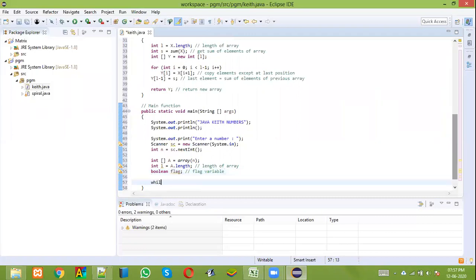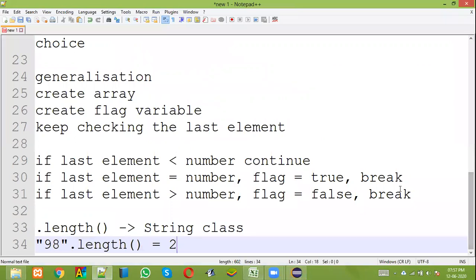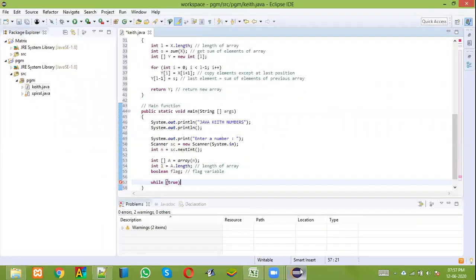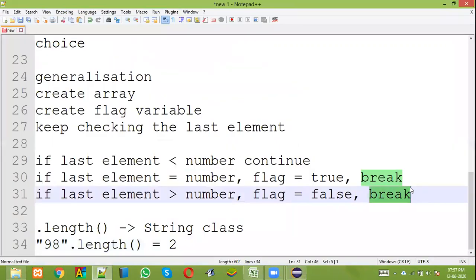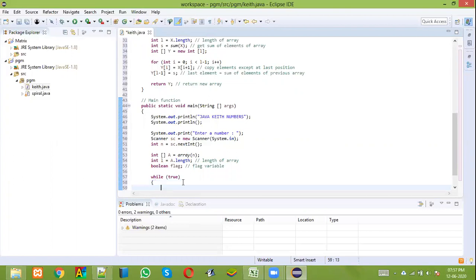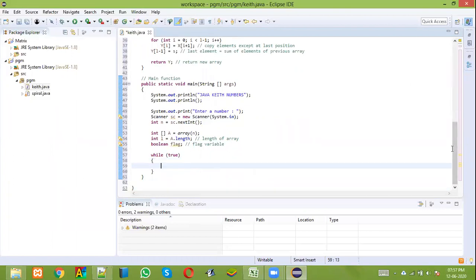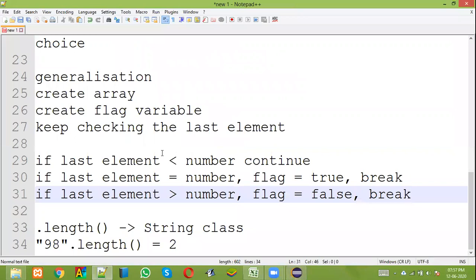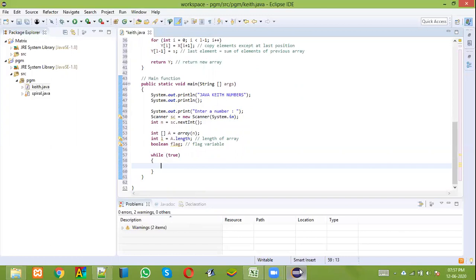Now listen carefully. I'm going to create a while loop. I'll keep no condition in it. So how am I going to exit the while loop? Inside the statements, I told you this logic. We are putting break statements here, so writing a condition inside the while loop is not necessary. When I have break statements inside, writing a condition here is not necessary. So I'll just keep a loop without any condition. Now, as I told you, we are going to concentrate on the last element. How to find the last element of an array? A of L minus 1, correct?